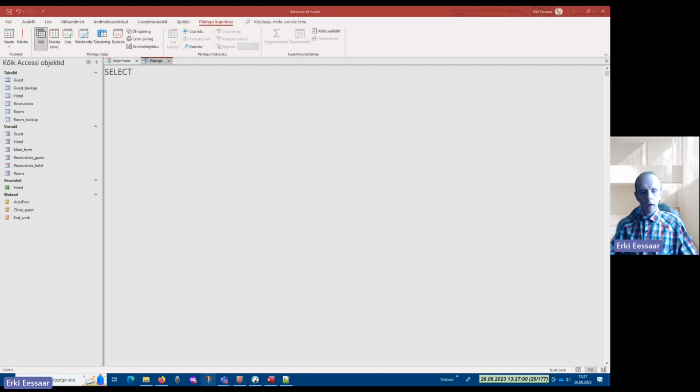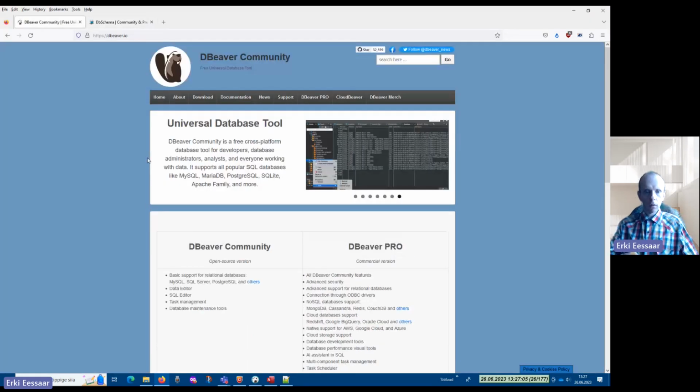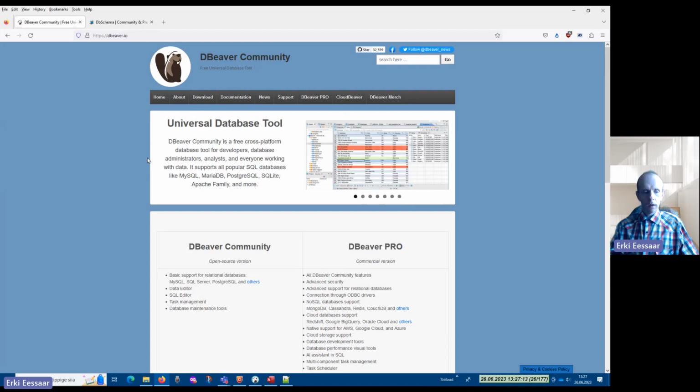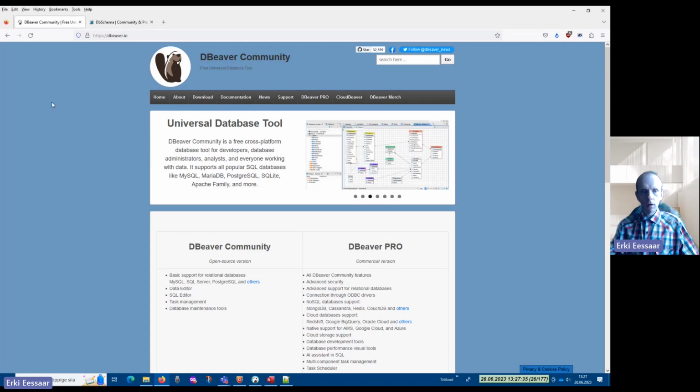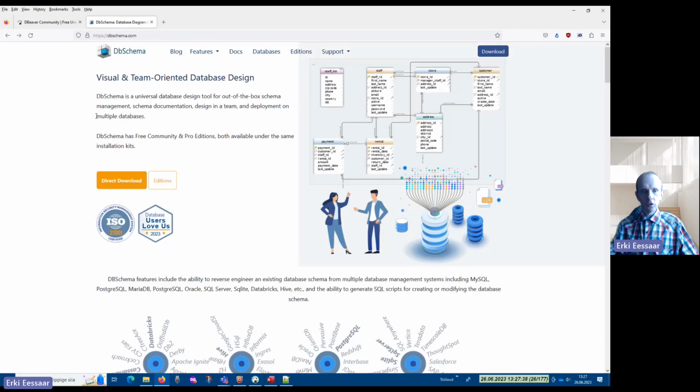So one possible way how to overcome these limitations is to use so-called universal database tools. Universal database tools are programs with which one can connect to the databases of different database management systems and manage these databases through the program. So, for instance, execute SQL statements against the database. There are actually quite a lot of different such tools, but in my talk here, I speak about two tools,